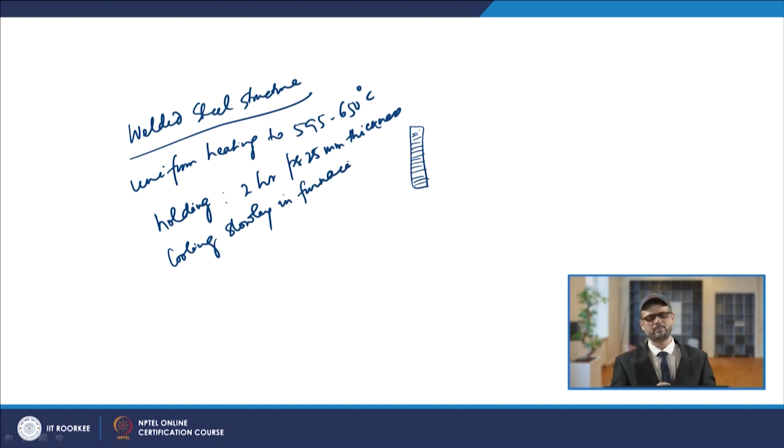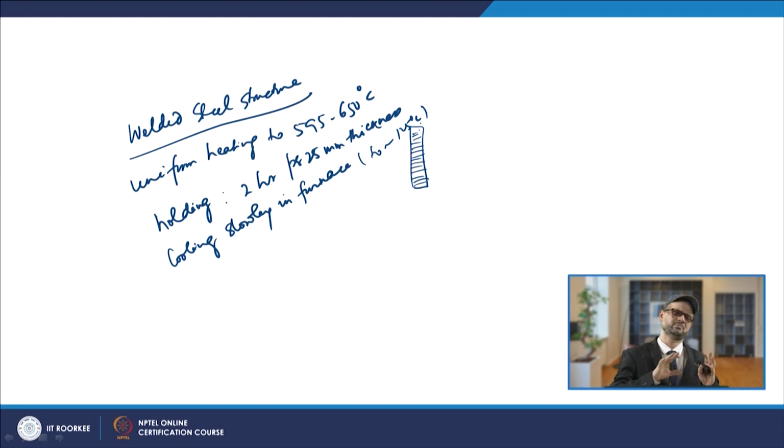So, you will be cooling slowly in the furnace, maybe to about 125 degrees C or even lower, and then it will be allowed to cool once you take it outside the furnace, to room temperature. So, that is the normal stress relief cycle which is practiced. Now, it also depends upon